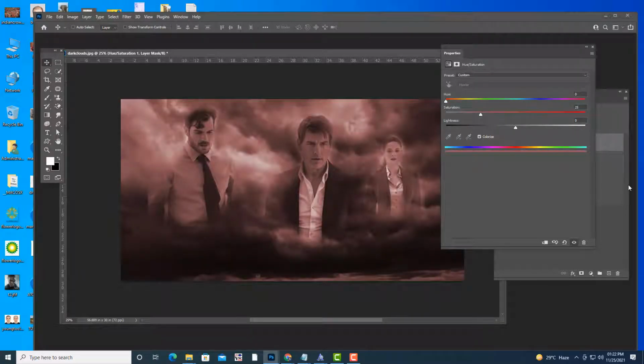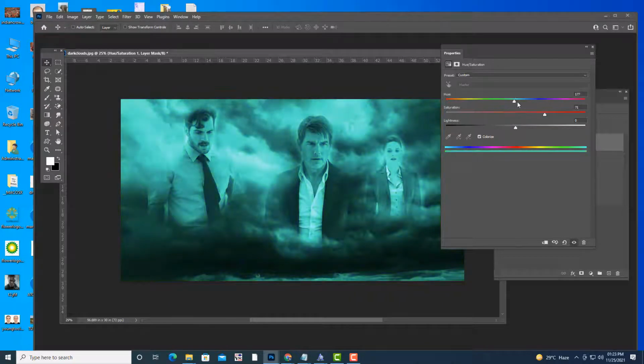Now, the moment you select the colorize option, you can see the cinematic coloring. Just try to see the effect, and try to see if you want more darkness, more green color. Try to increase the saturation. See? Now we are getting the cinematic coloring. See, dark with green color. So you can try different colors.